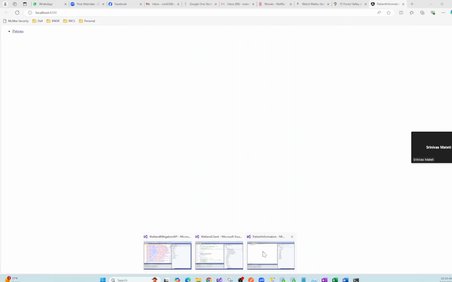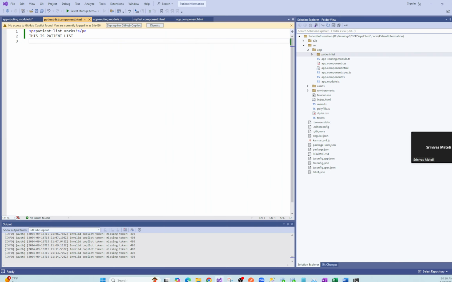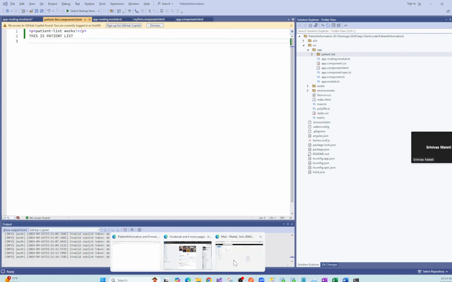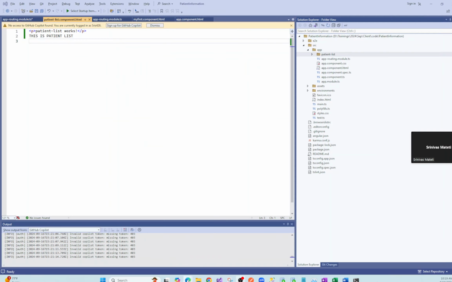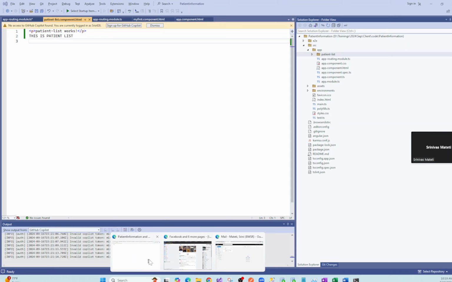So this is our Angular application. We created a new Angular patient application, and then we created a patient list. So now this patient list should populate with the list of patients. The list of patients should come from